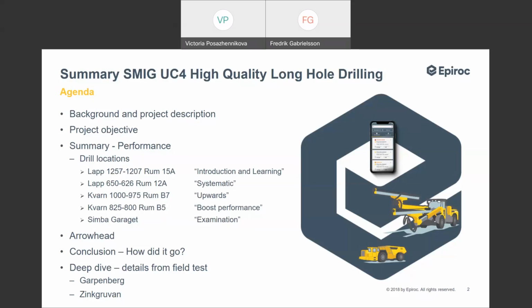In the fourth part of the testing, a finding from the systematic testing was that we didn't have enough air coming from the drill rig alone. So we placed an external compressor next to the drill string in order to find out how it would perform having additional air available. And then the fifth part of the trial is called the examination hole, and that's where